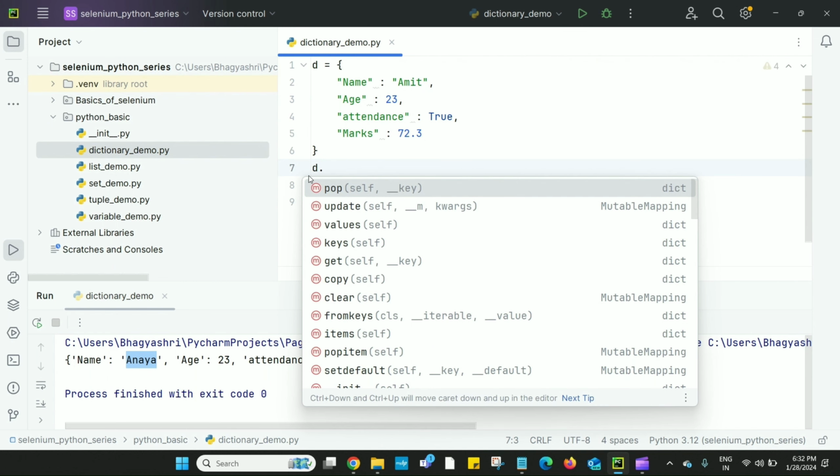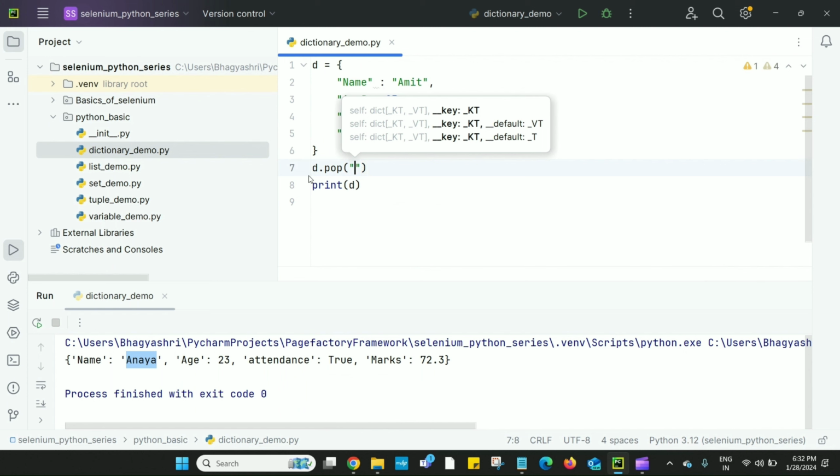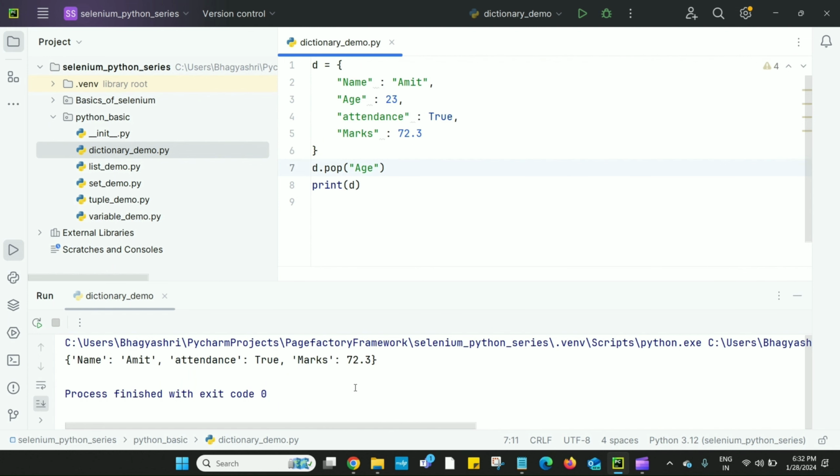I want to pop age, and let's print the dictionary. So I'm getting name Amit, attendance true, and marks, and the age has been popped from the dictionary. So these are some basic methods available for dictionaries. So that's all from today's video.